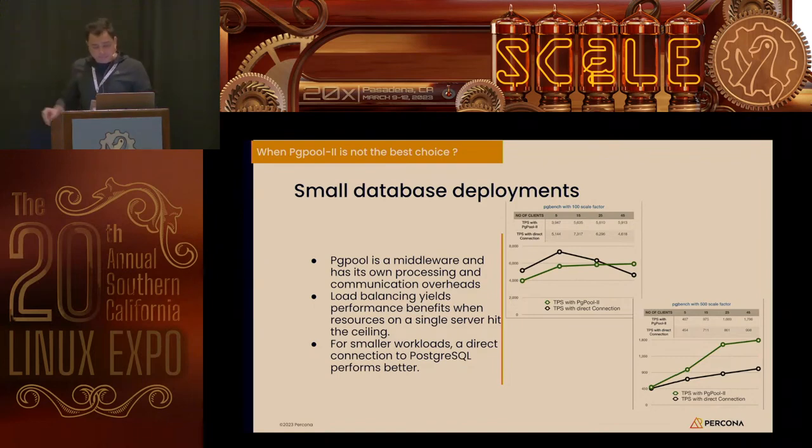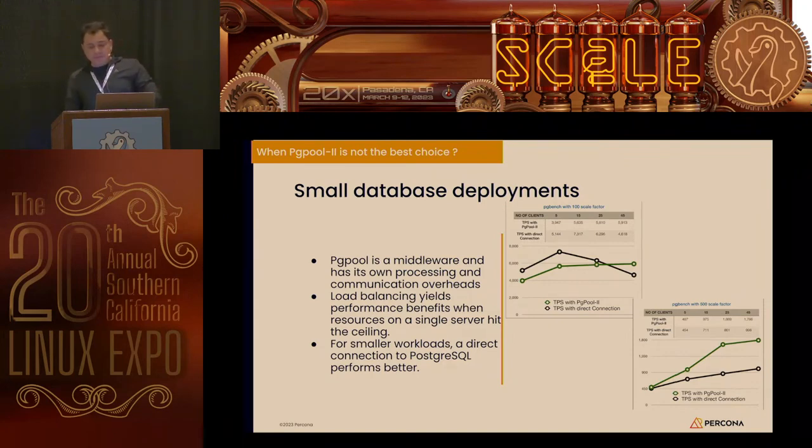In the chart, the green line is the TPS of Pgpool, and the black one corresponds to the TPS if you are not using Pgpool and are directly connecting to Postgres. The database and scale factor were the same. So what we can see is,